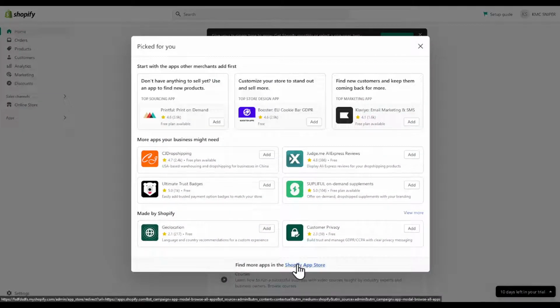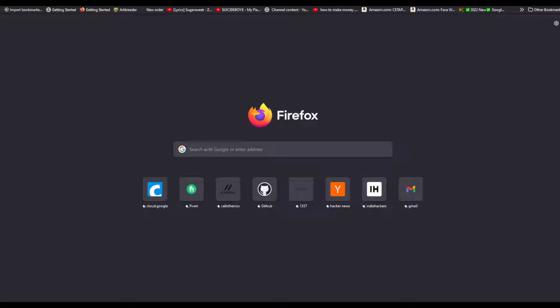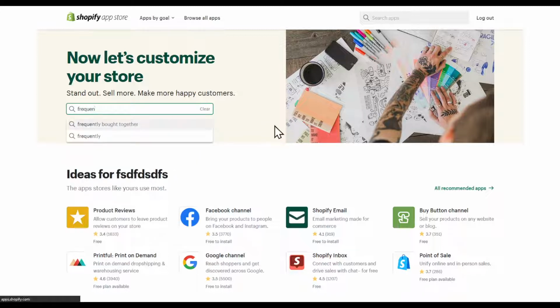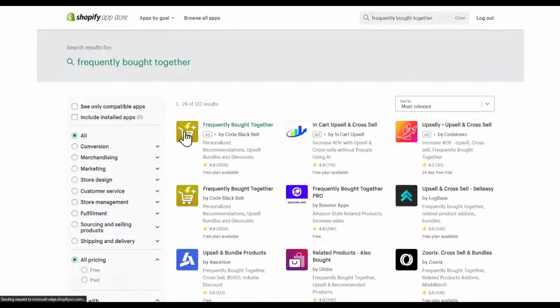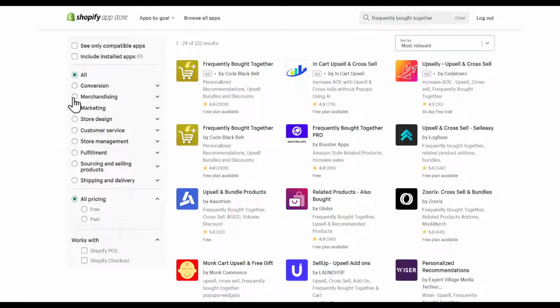Recommended apps, Shopify App Store. Alternatively, head to a new tab, search Shopify App Store or apps.shopify.com. After that, click on the search tab, click frequently bought together. You can just type this word